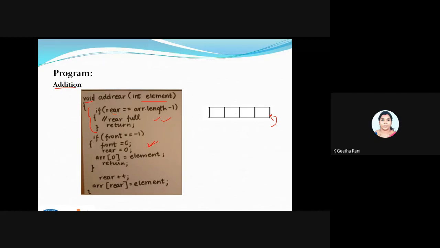Okay, if my front is equal to -1, what is the sense? So here will be the pointer. Okay, so we'll be having something before this array. The pointer will not be holding the array index. Okay, some other index. So assume it's going to be -1. Then I will tell the queue is empty.